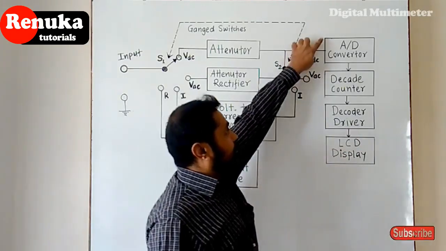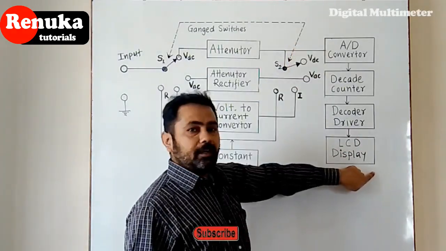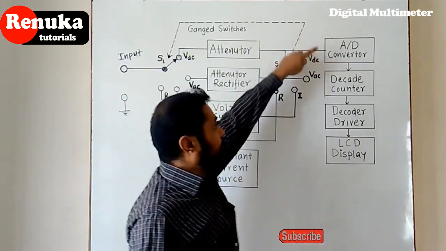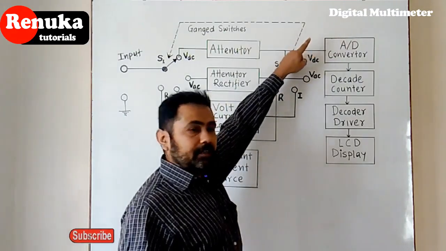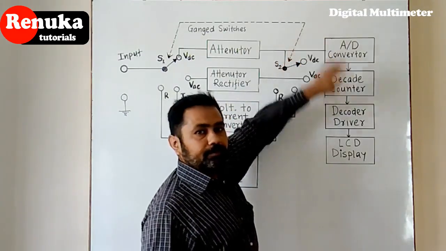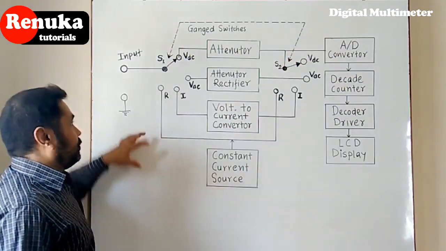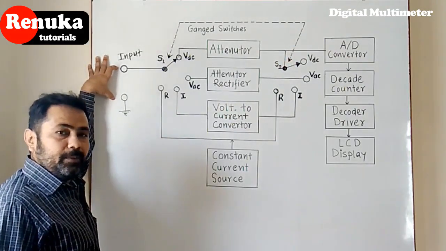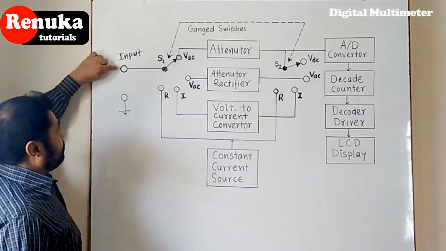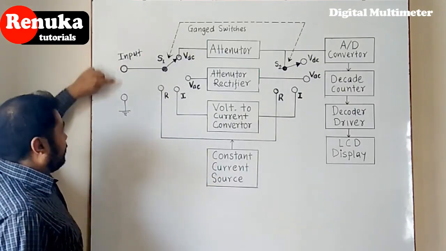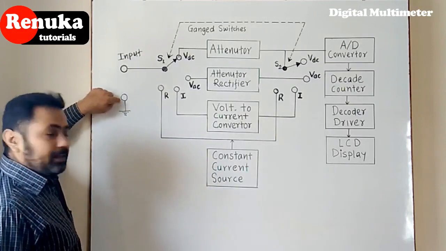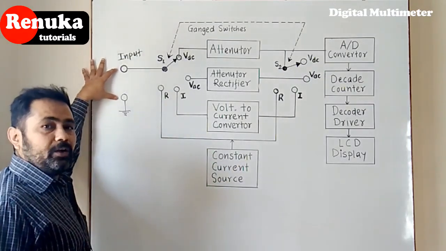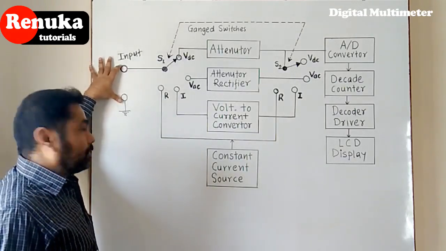Now this is the basic DC voltmeter. The quantity input to this DC voltmeter must be in DC form, and second, it must be in analog form. In a digital multimeter, we use two probes, one red and one black. The basic input is the red probe, and the second probe is commonly grounded to the circuit. These are the two probes where we input the different quantities to be measured.